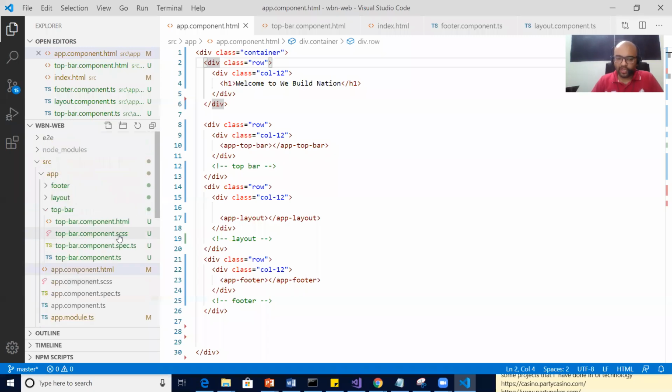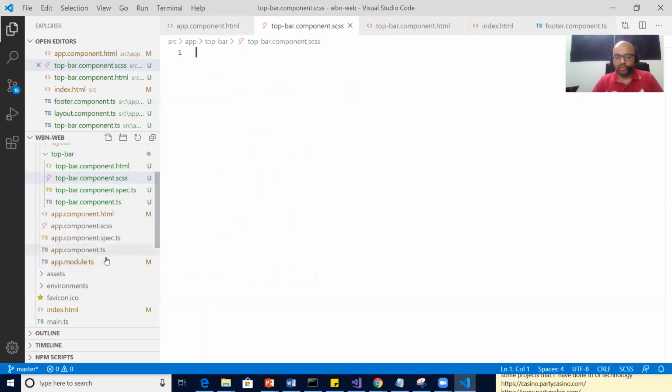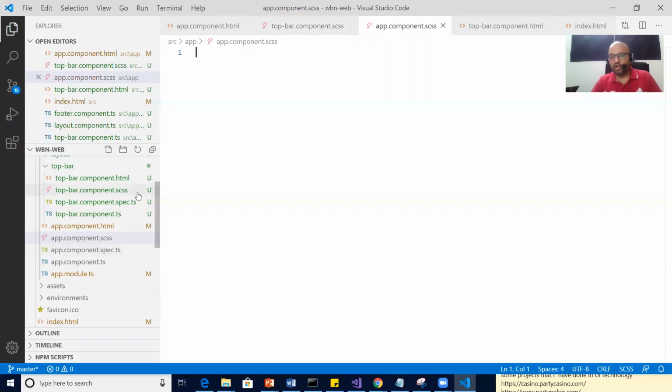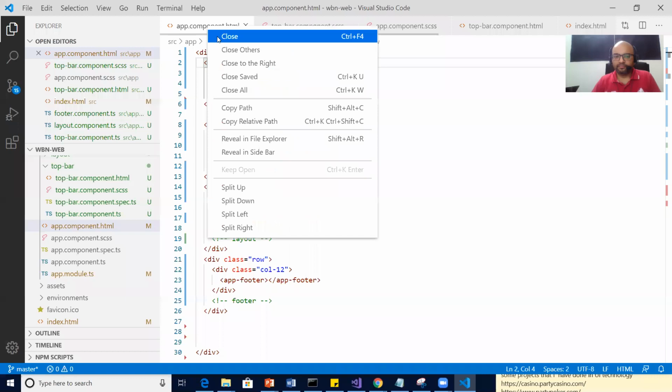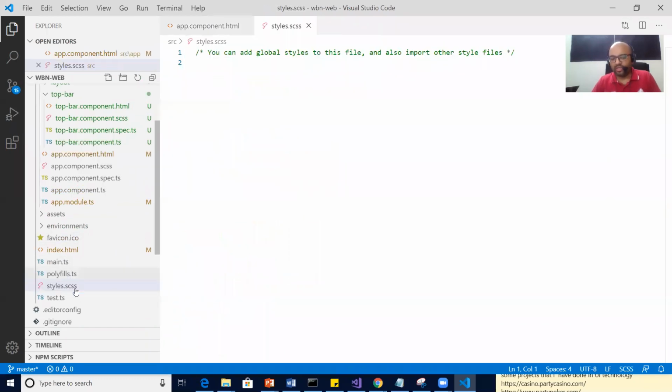So instead of putting that text-center style only in app component.css or in any particular component, what we can do is put it in the global style sheet. What is the global style sheet? This styles.css is the global style sheet.